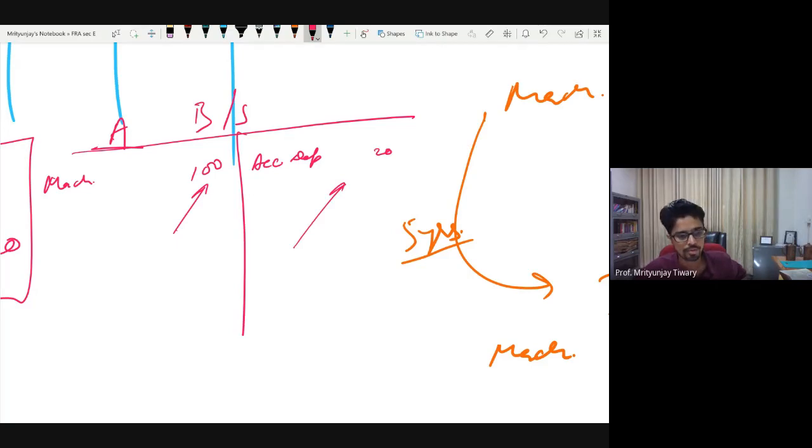Okay. Now here you should have immediately noticed that this is one more example that not everything that comes into the liability side is a liability. This one is not a liability. This one is just representing that some part of your asset is gone. It's consumption, rather accumulation of consumption of assets. So ideally you should have shown it as a subtraction. But if you write it in this side also, it will not be incorrect in hard sense. As far as representation is concerned, it's not doing its purpose, but it might not be incorrect either.